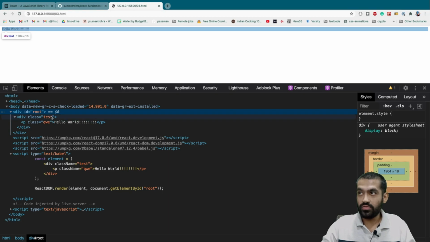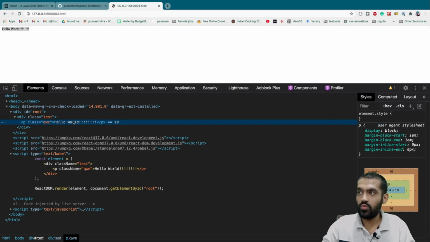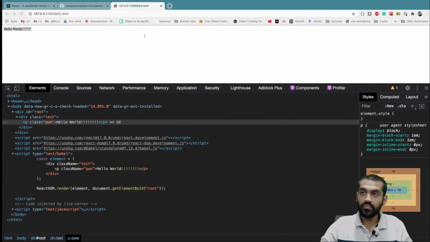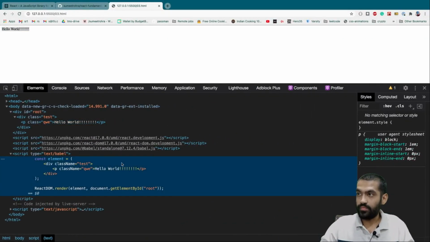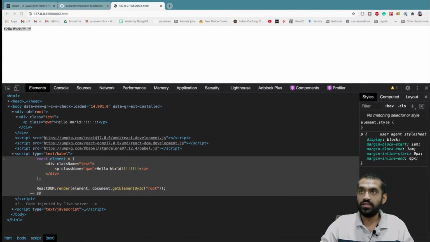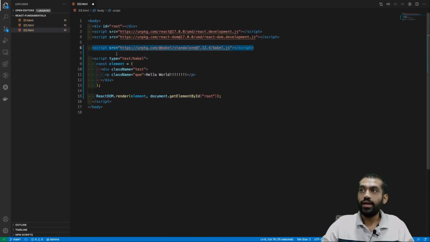Inside this root we have a div with a class of test, then we have a paragraph with a class of qwe, and then we have hello world, right. What's happening here? If we remove this, let's see if this works or not. This does not work. Why?